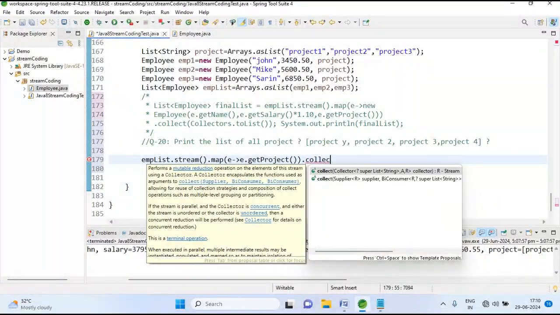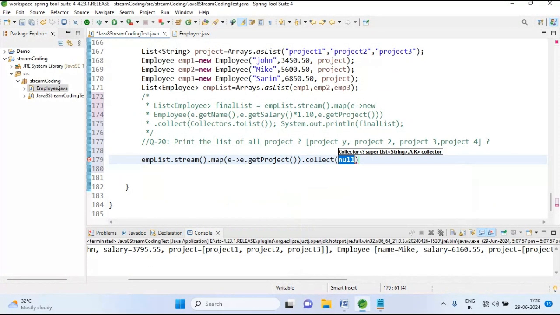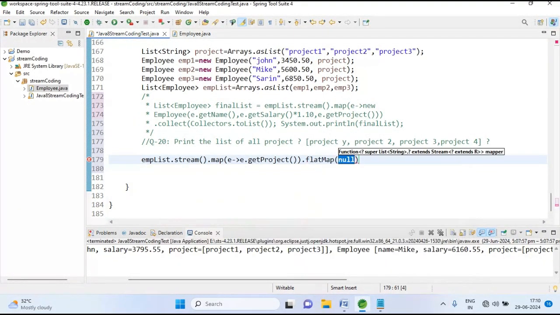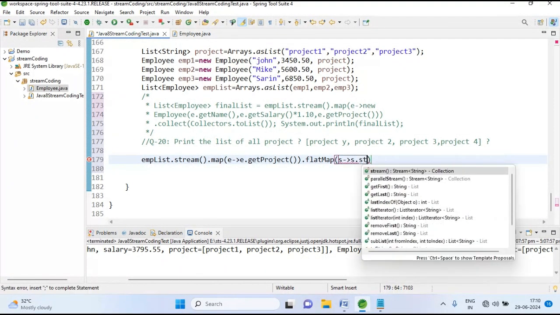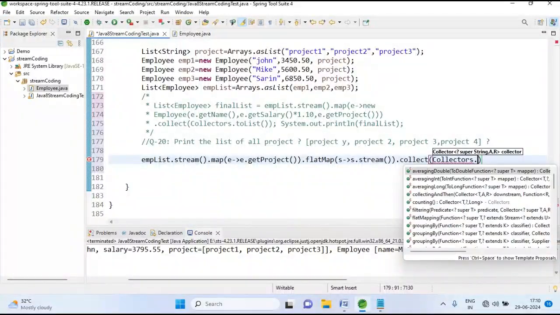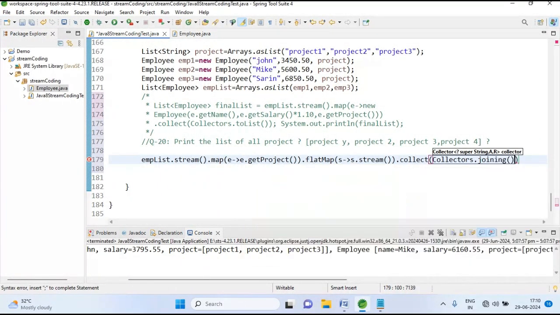Okay, first we can write the collect, Collectors dot. Before collecting we need to flatten, actually project 1, project 2, dot flatMap and s dot stream, then we can collect the projects, Collectors dot joining by comma. Okay,